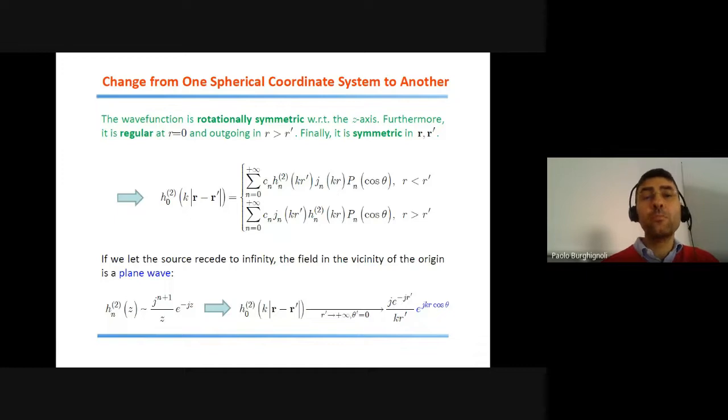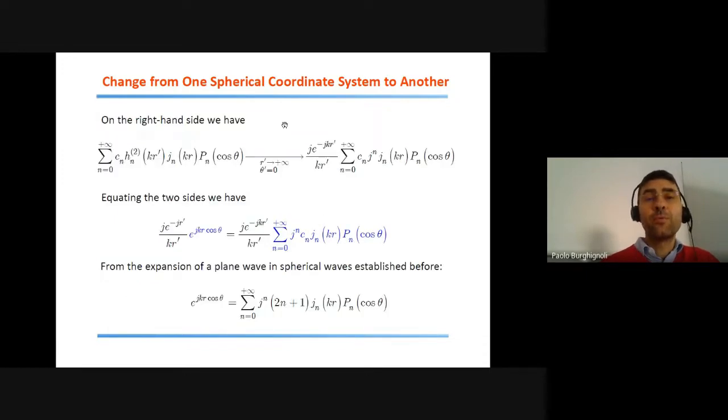Now, on the right-hand side, if you perform the same asymptotic limit, you would have the result that you can find here on top, in which the same coefficient pops out of the infinite summation. So we can equate the two sides and simplify the common coefficient. What remains are the blue parts, which provide us with the desired expansion of a plane wave,